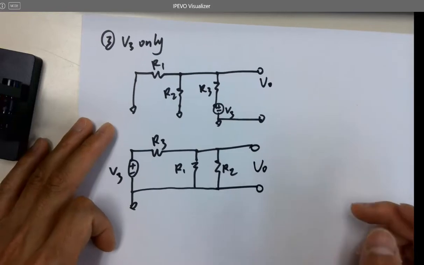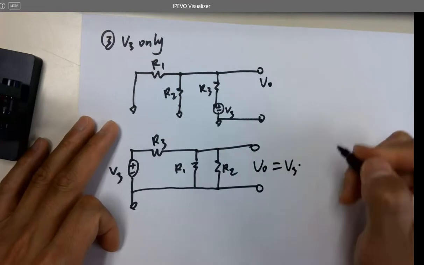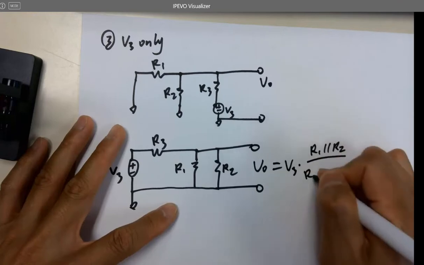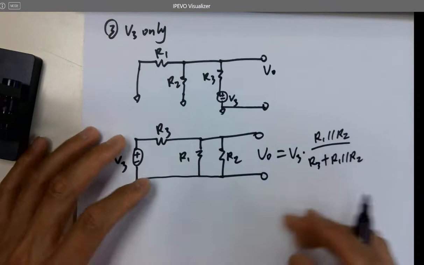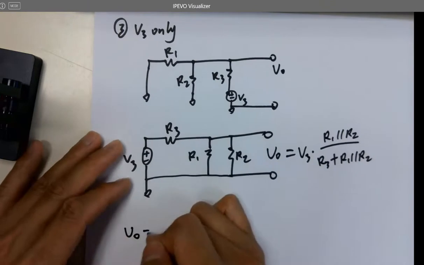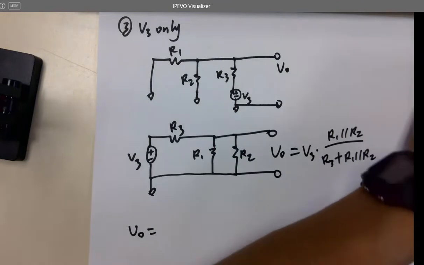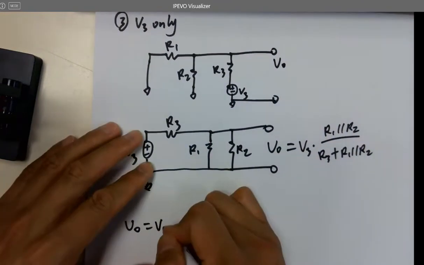Yes. So VO here equals V3 times R1 parallel R2 over R3 plus R1 parallel with R2. So overall, VO equals all of these three voltages being added together. So we're getting V1